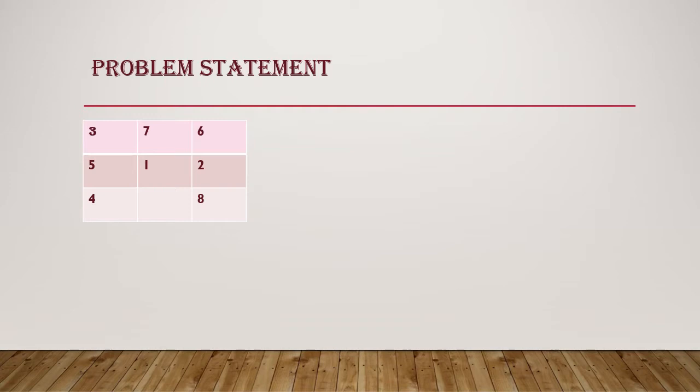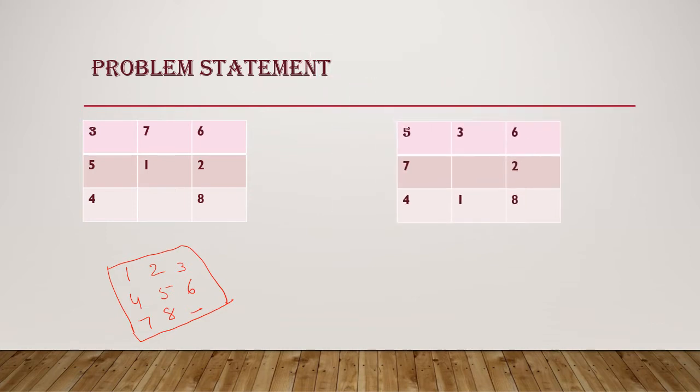So usually we are very much trained to set the goal state as 1, 2, 3, 4, 5, 6, 7, 8, and at the end we will leave a blank space. So this is the way we will be sorting, right? Instead of taking this regular one as a goal state, let us take a different one as a goal state. So this is the goal state that we are expecting to solve. The initial one is the start state that we have, and this is the goal state that should be achieved with the help of the state space tree.